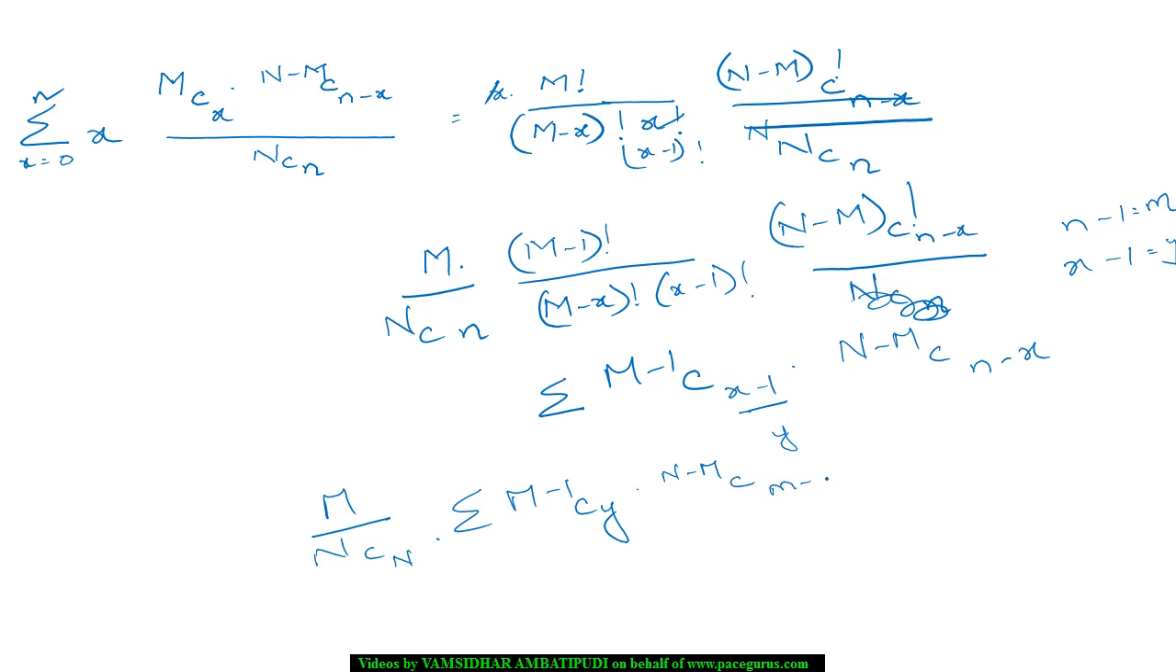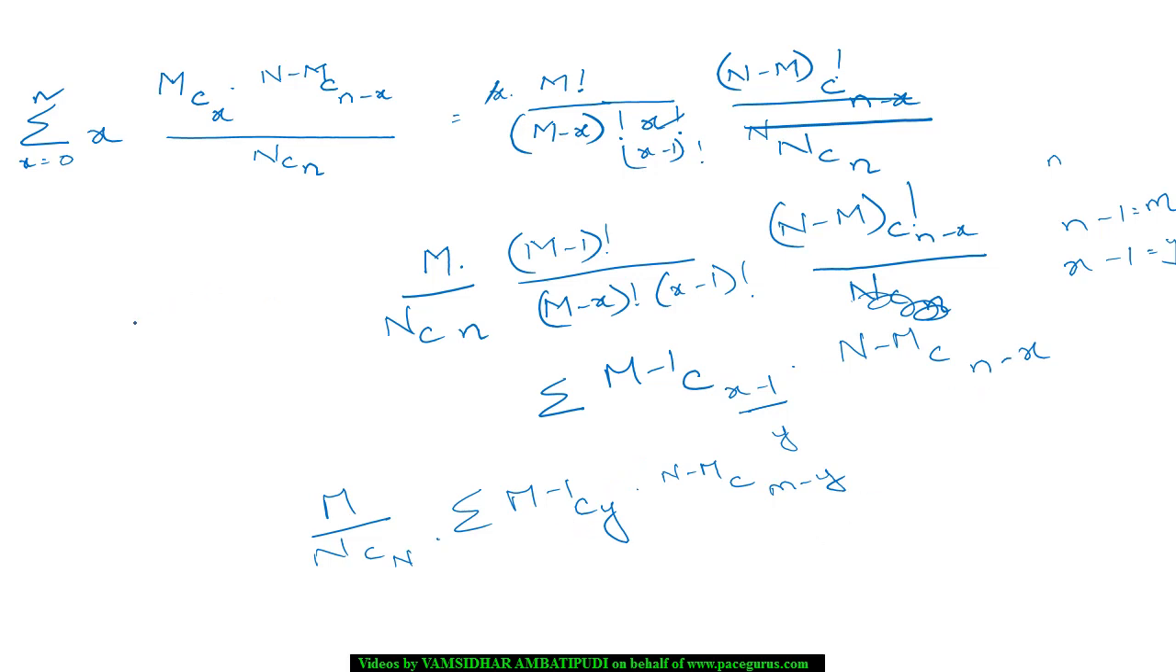m minus y, because n is coming out as m plus 1, right. I am getting m minus 1 Cy, and I will write it as n minus m C m minus y. So based on that, I am getting here